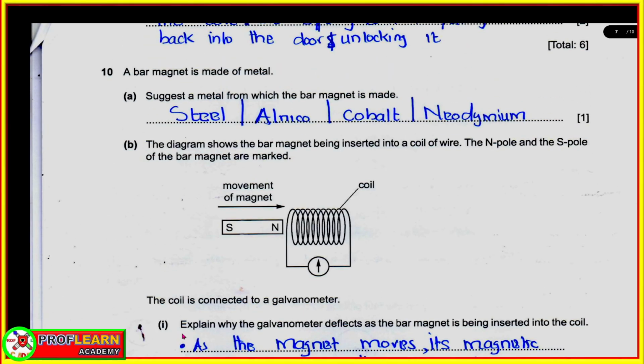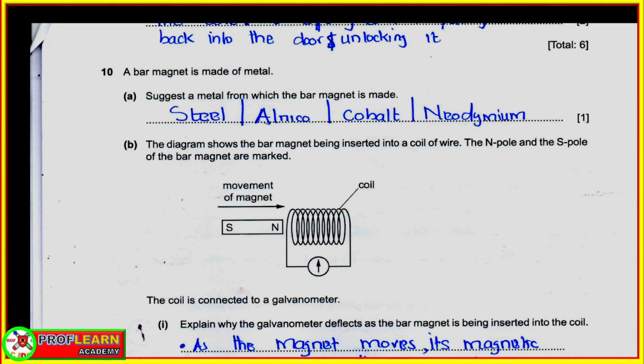Looking at question number 10, we are supposed to state and suggest the metal that can be used to make a bar magnet or a permanent magnet. We can use steel, because steel is a hard magnetic material. Hard magnetic materials are those materials which cannot be easily magnetized, but once magnetized, they retain the magnetism for a